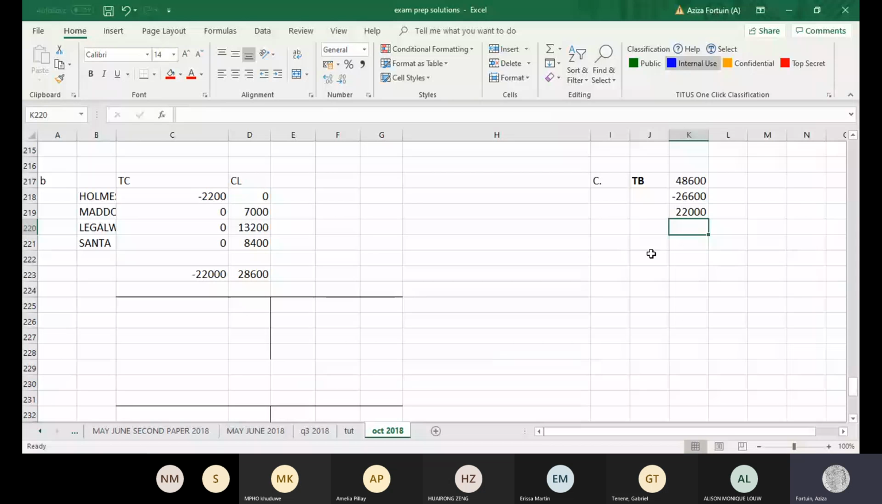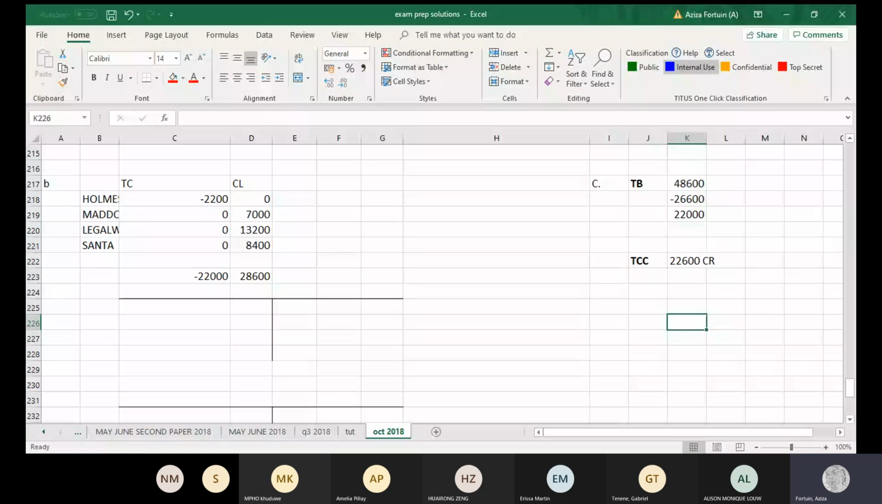My trust bank at the 48,600. You agree with me? The net amount that we transferred from trust to business was the 26,600. Yes. So we have a balance of 22,000 in my trust bank account, which is a debit balance. And my corresponding entry would be credit my trust creditors control account. Am I right? Okay. So now we've finished all the